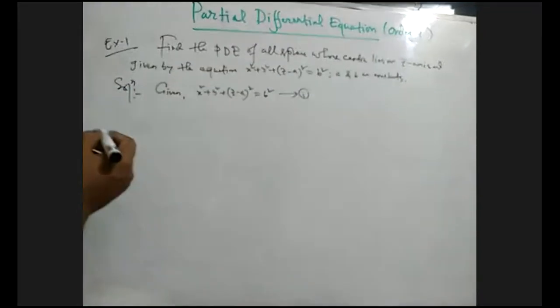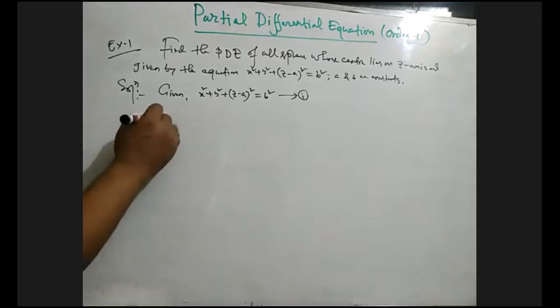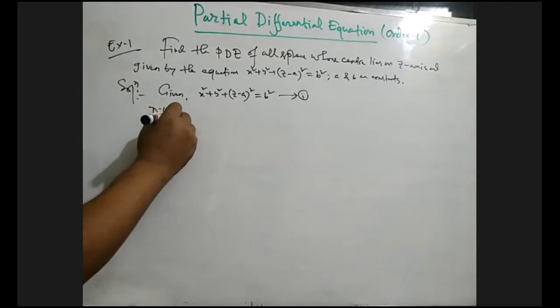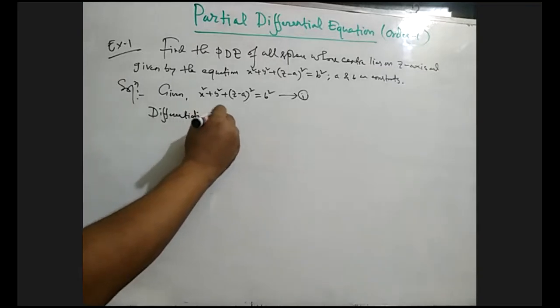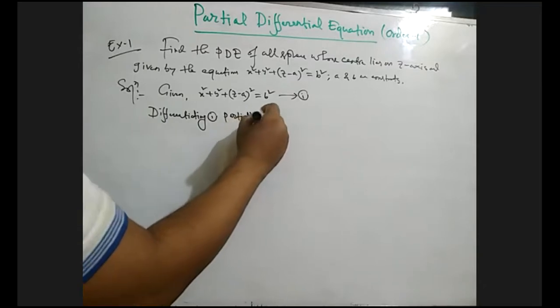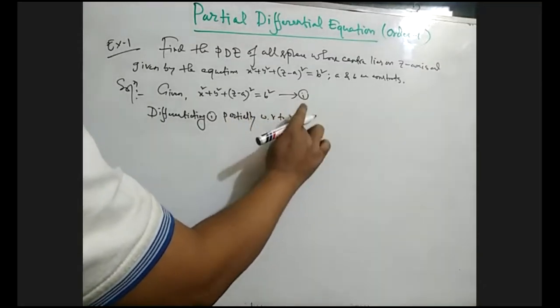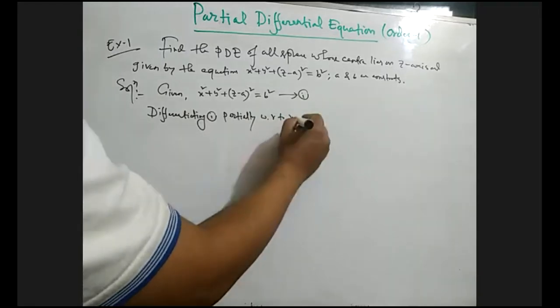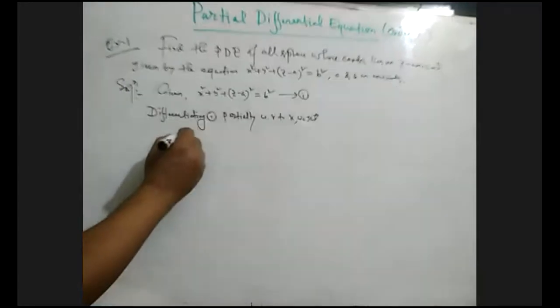Now, differentiating 1 partially with respect to x, we get